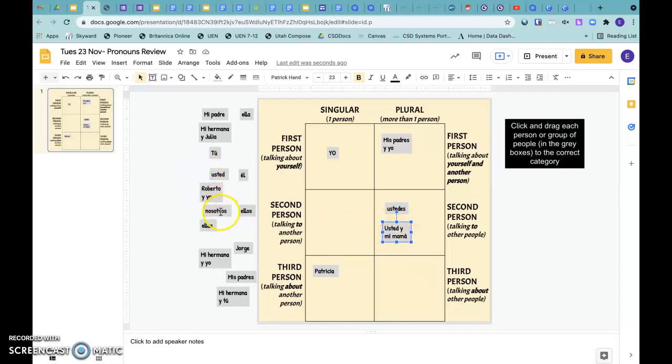So you'll keep clicking and dragging these to the correct boxes. If you get stuck, you can work with a partner. You can ask the teacher. You can use the Quizlet set if you don't remember how to translate some of the pronouns